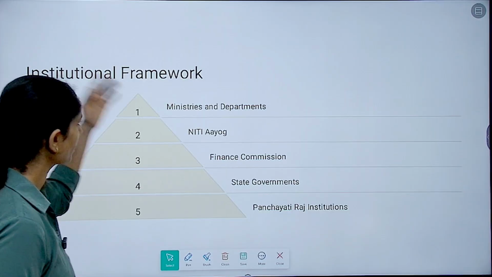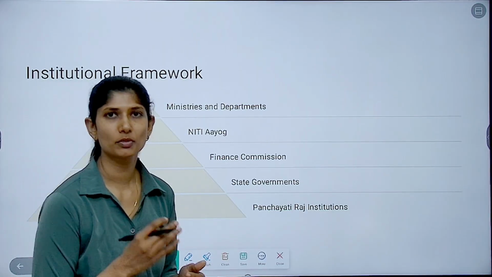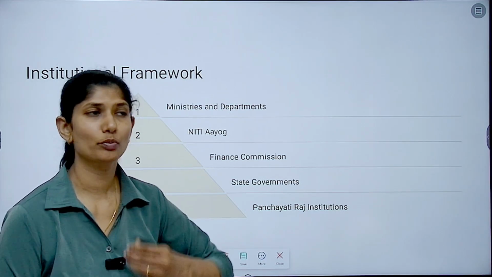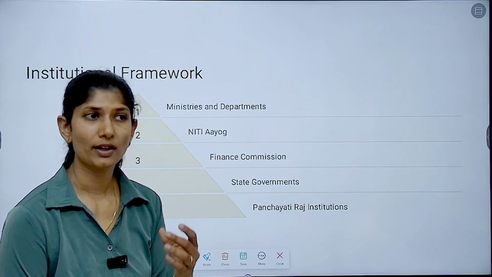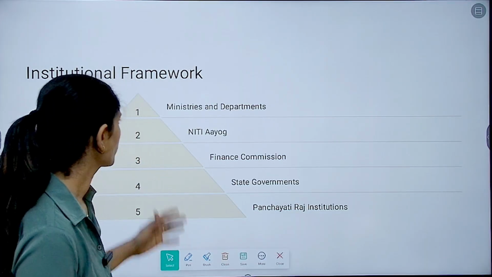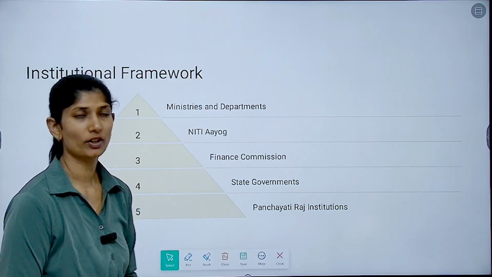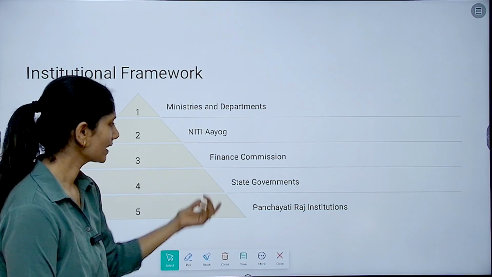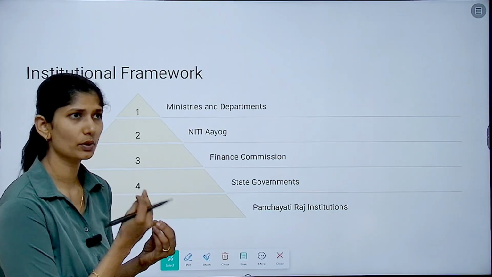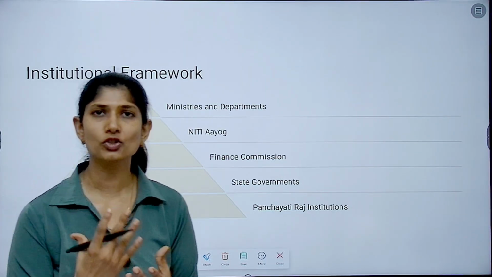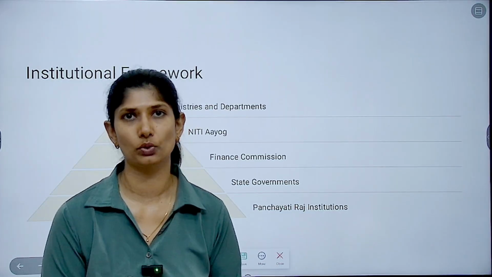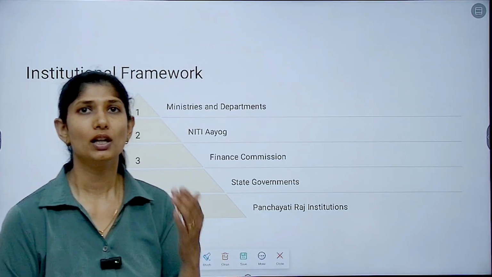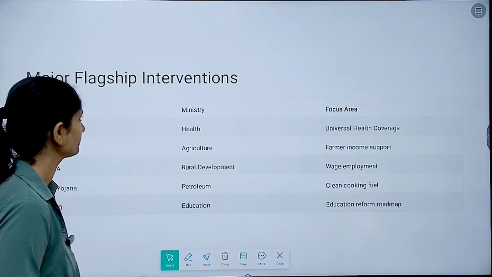Look at this. So what are the institutional frameworks? Meaning bodies which are very much associated with the policy, consultation, implementation, that is giving effective feedback, and also to an extent monitoring. Those are your ministries, departments, Niti Aayog, Finance Commission, devolution of funds, performance-based grants recently, state governments, Panchayat Raj institutions. So basically what we're trying to tell is your policy has to be in a very decentralized approach. Only then will it be able to realize the potential for the reason with which it was introduced.